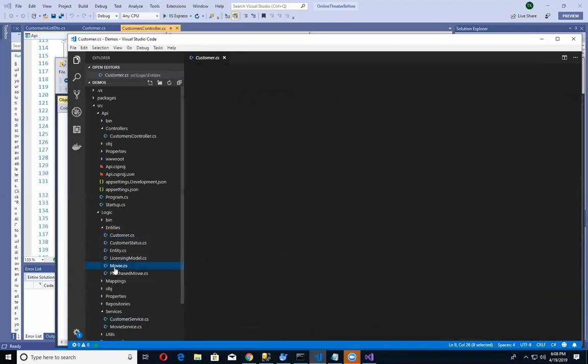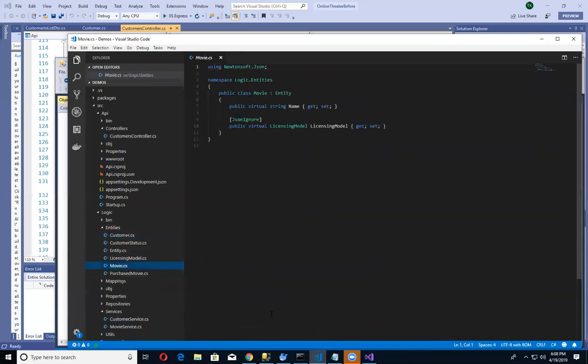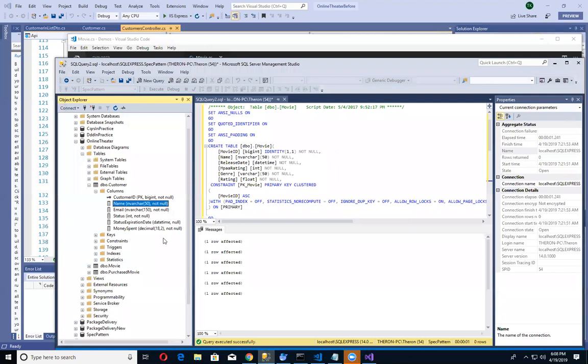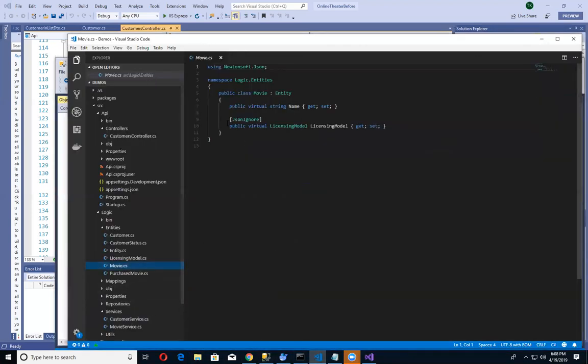If I go to movie, you can see that this is an anemic model. And movie, again, here's another table. You've got columns, you've got your name and licensing. So I'm hoping you can see that although we've been doing this for years and years and years with success and companies making money, it does open the door to some problems.